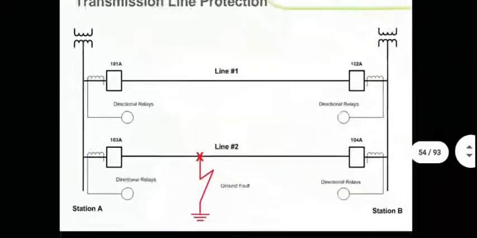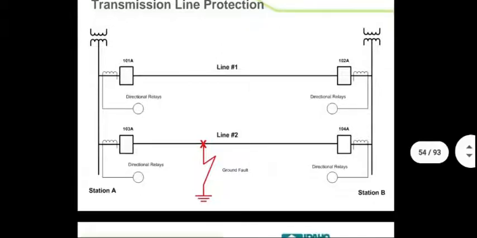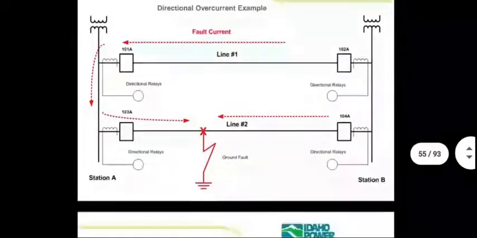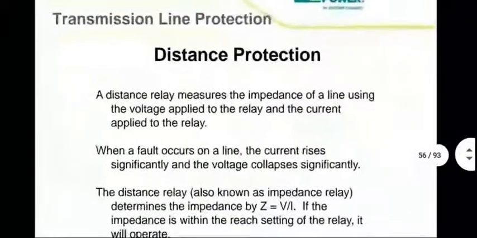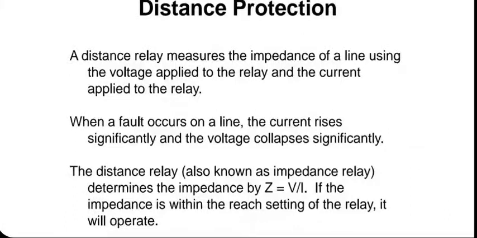Protection is a lifetime career for power system engineers. Distance protection, you can see here. We measure the impedance of a line using Ohm's law, of course. When a fault occurs, that impedance gets affected seriously. And you know that there is a fault or abnormality somewhere. So you take action. You don't measure current or voltage, you measure impedance on the line.